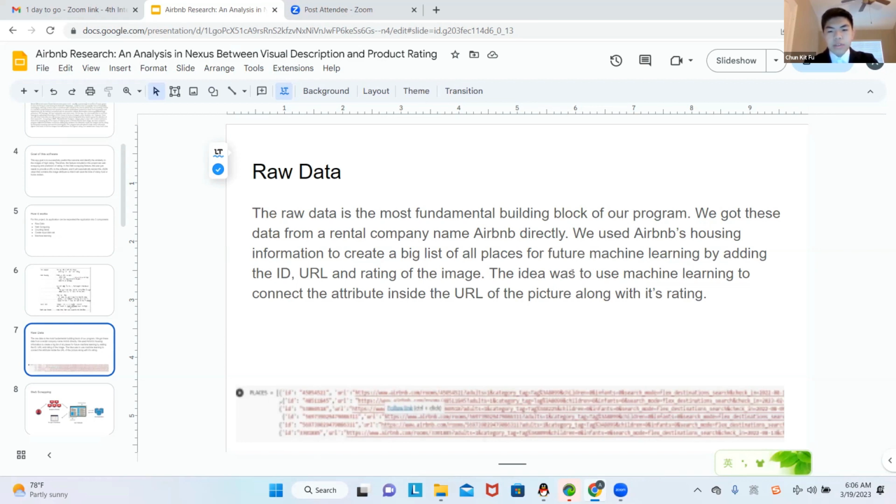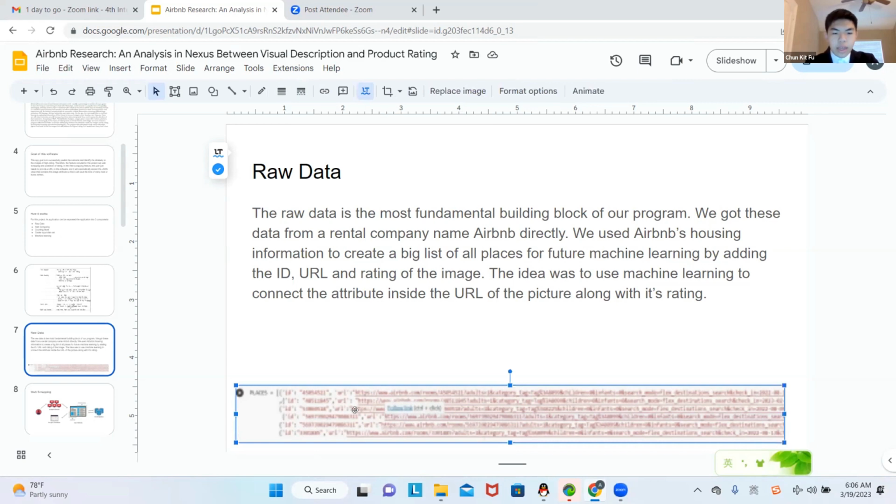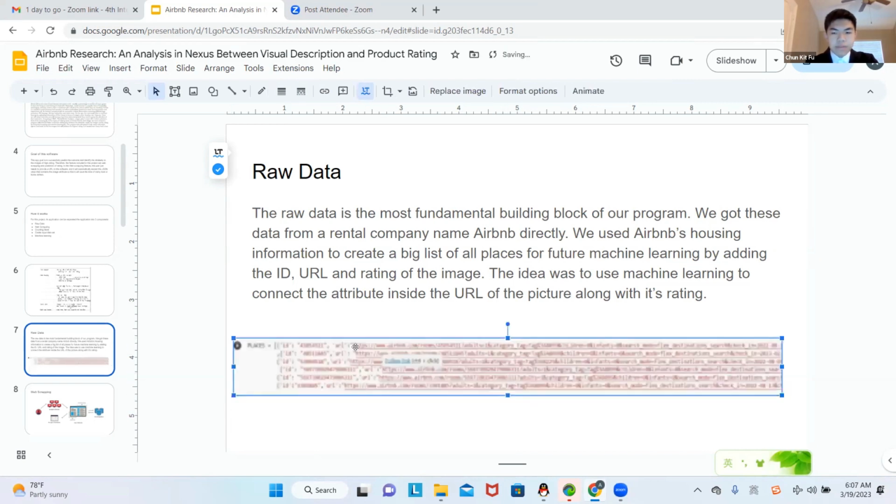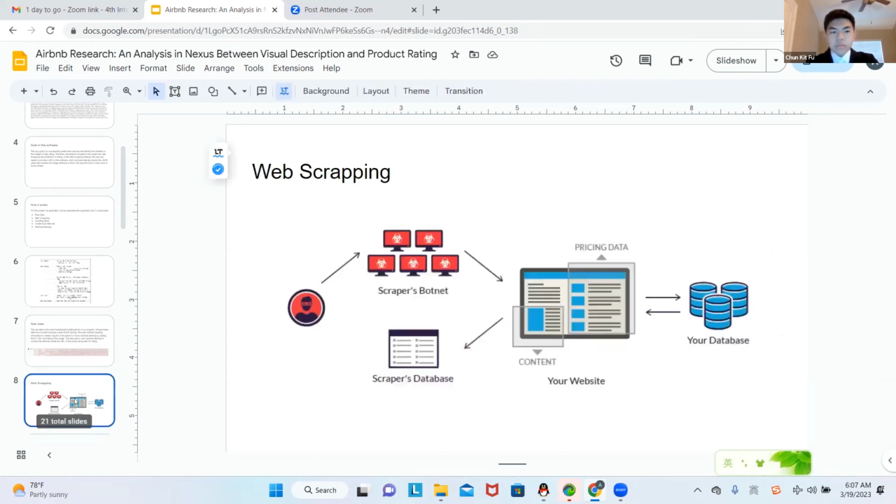The idea was to use the machine learning to connect the attribute inside the URL of the image along with rating. This is basically a brief overview of like the code where we have the ID, the URL, and the rating back there. After the importing the raw data set, we have the web scraping.